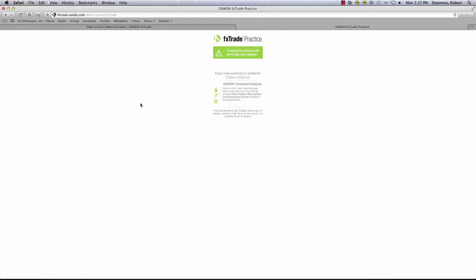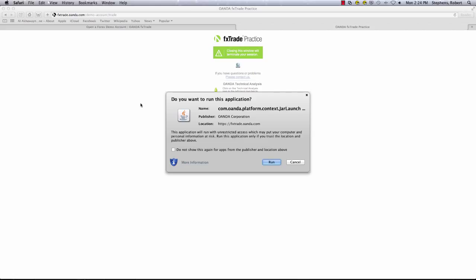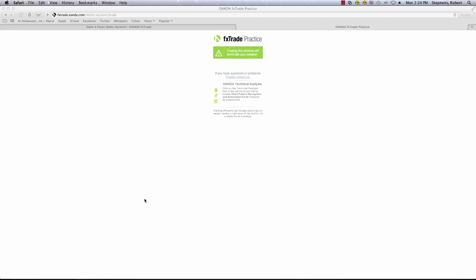We'll wait just a moment while that loads. Notice it gives you the message, closing this window will terminate your session, so you want to keep this window open for the length of your trading session. If you ever close that window, then you're automatically logged out, but it doesn't close your positions. Keep that in mind. Okay, I do want to run this application,